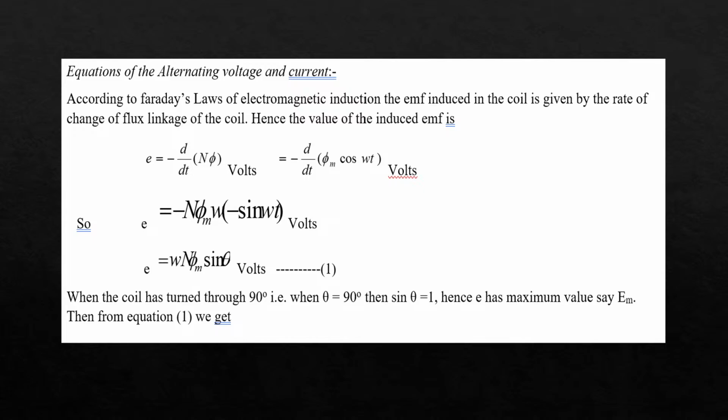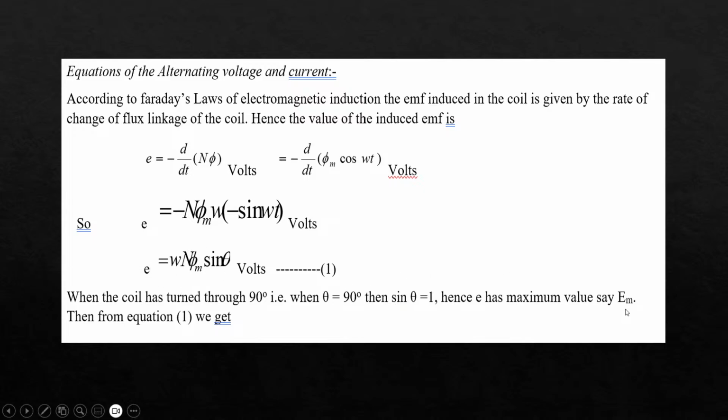Minus minus gets cut, and it becomes omega N phi m sine omega t, because minus sine theta, it doesn't matter, the minus minus gets cut, and omega N phi m sine theta comes, because theta is omega t. Then when the coil has turned 90 degrees, that is when theta is 90, sine theta becomes 1. Therefore, the maximum